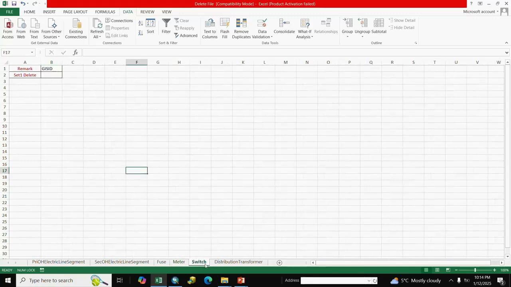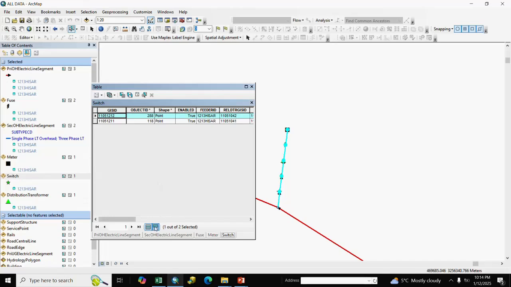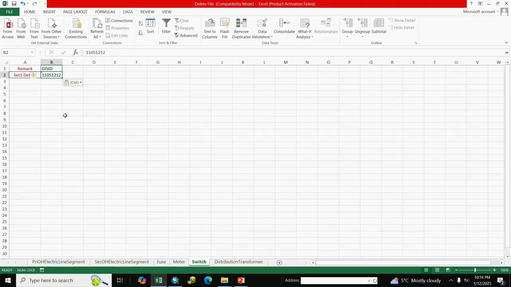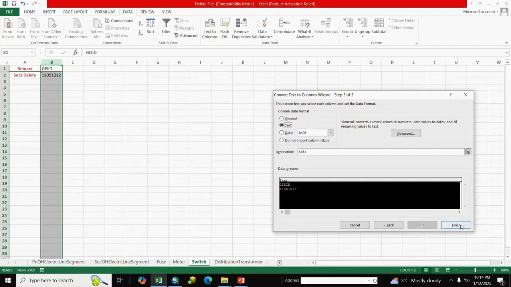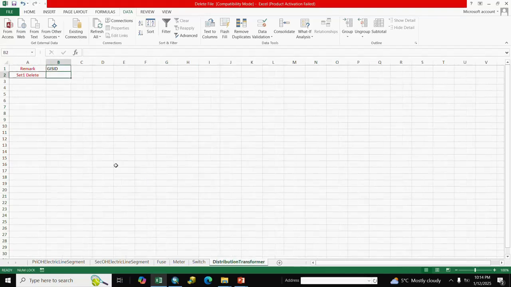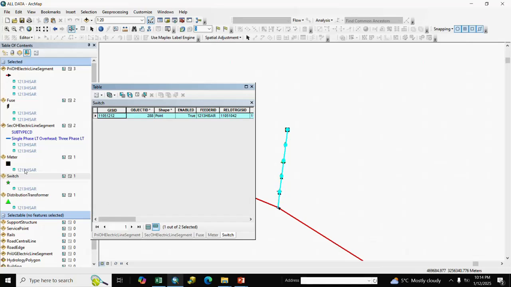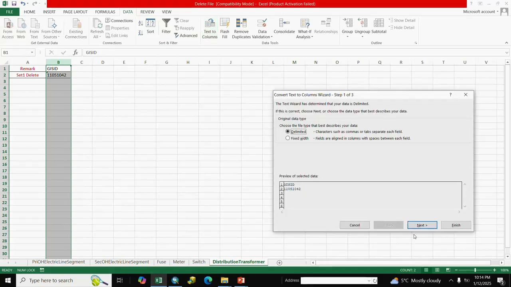Next switch: we select it, copy and paste, convert to text and save it. Next DTR: go to DTR, open the attribute table, select, copy the GIS ID and paste, convert to text.